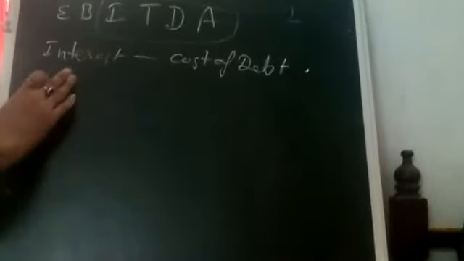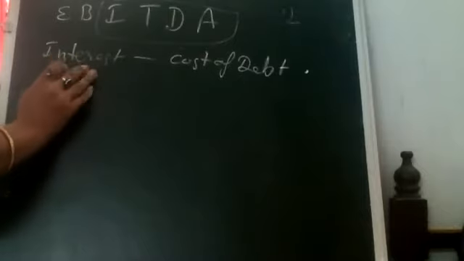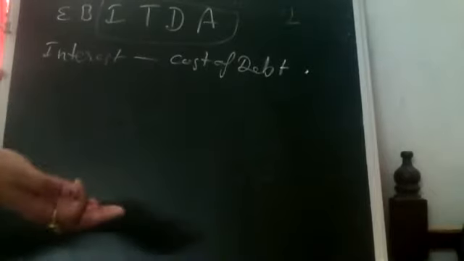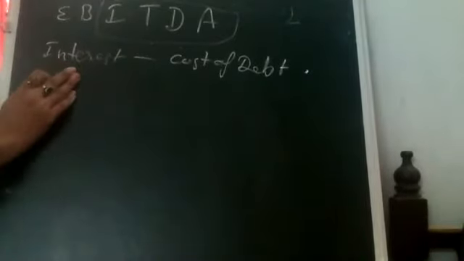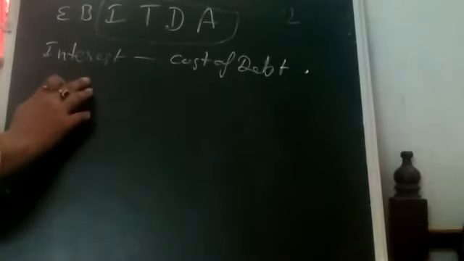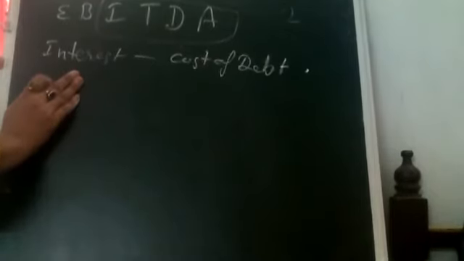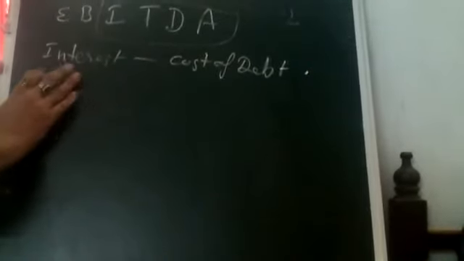From the investors' point of view, this is regular fixed income. Investors always want to invest their money in borrowed capital, that means bonds, mutual funds, debentures, public deposits, like that. Interest is a fixed payment obligation for the company. Whether the company is earning profit or not, the company will pay interest, and it will be a fixed regular income for the investors. That is why the company doesn't like it, due to the extra financial load in case of loss. But for investors it is very beneficial, due to regular income without any risk.